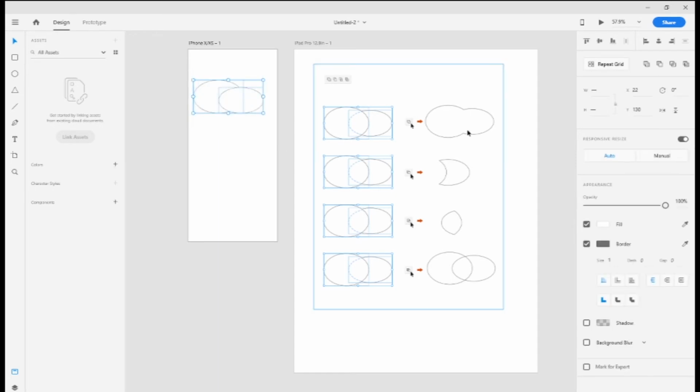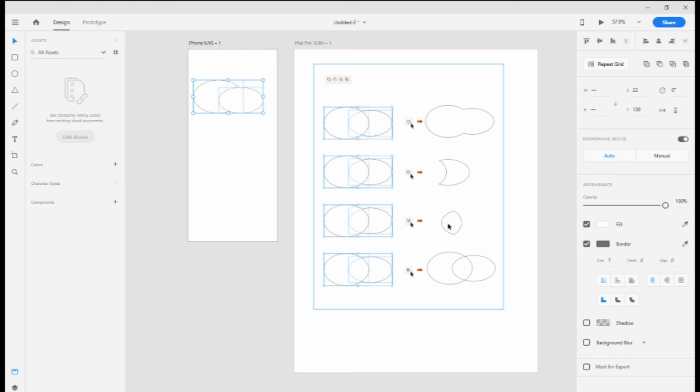Add to selection. This is the first option we are seeing in the picture, add to shape area. Just add one object and another object into one shape area. It adds the area of the compound to the underlying geometry. The second option is subtract from shape area. It cuts out the area of the compound from the underlying geometry.